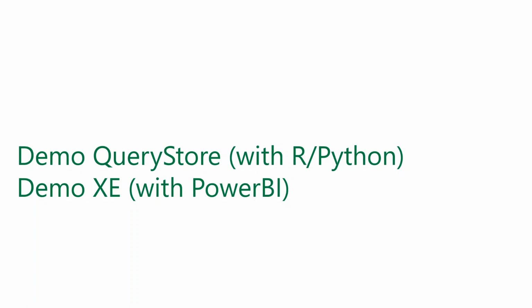Okay, so we'll do a quick demo with R and Python using Query Store and using data selected with extended events. Basically, I will not go into how to set up the extended events. I will just have my data prepared because I already did that. So I'll just briefly explain what the data basically is about, and then we'll dive into a couple of statistics. Okay, so now I will switch to SQL Server.